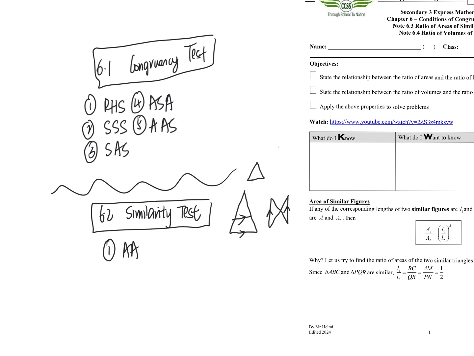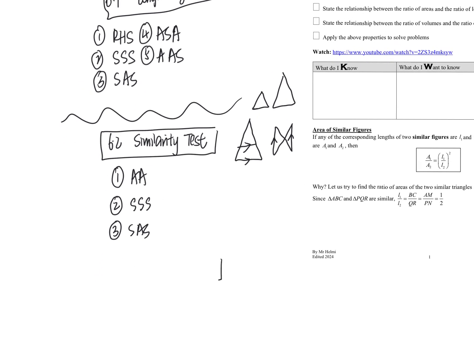If you have two triangles, one big, one small, and you show that the ratios of the sides are the same. So 3 tests, AA, SSS, and SAS. So this is all that we have learned in 6.1, 6.2. So 6.3